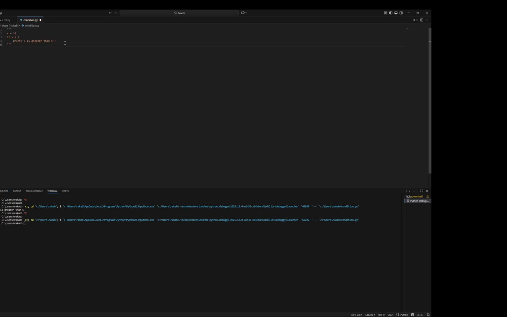Let's go to the next part. Okay, let's execute the if else statement. Initially we have executed the if statement, now we will be executing the if else statement. So let's mention here x is equal to 3, and if x is greater than 5,